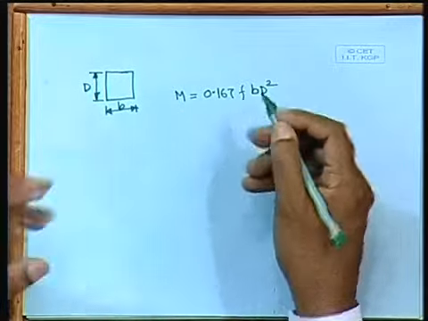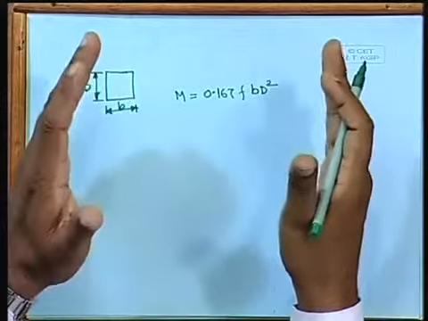In other ways, there are two parts. One is that you can design, you are providing D. The other way, let us assume B and D and find out the corresponding moment of resistance, and that moment of resistance should be more than the moment developed due to external load and self weight. So, the moment of resistance of that particular section you are providing should be more than the moment developed due to external load and self weight. That way also you can do it.